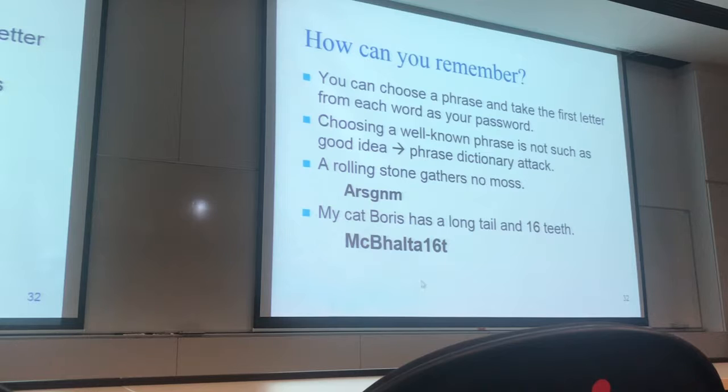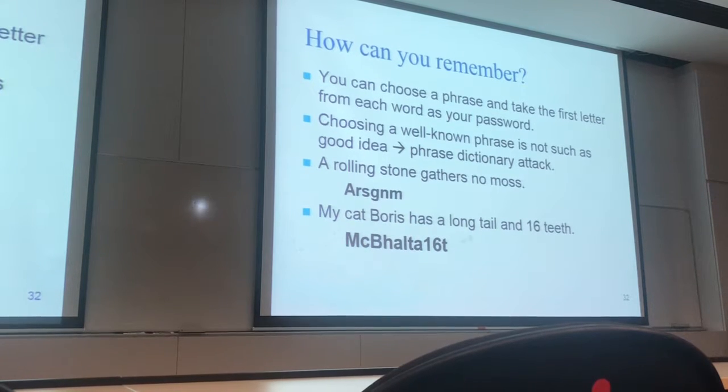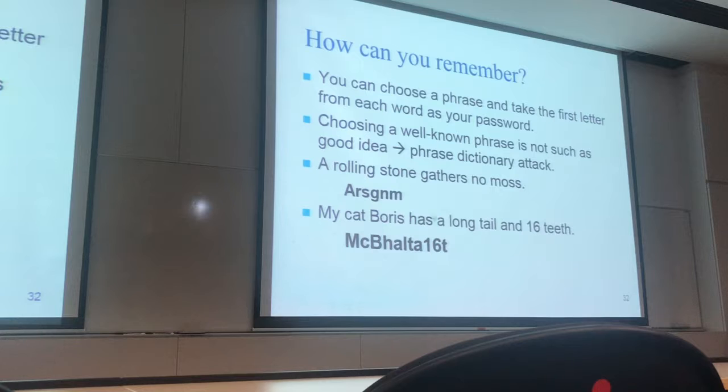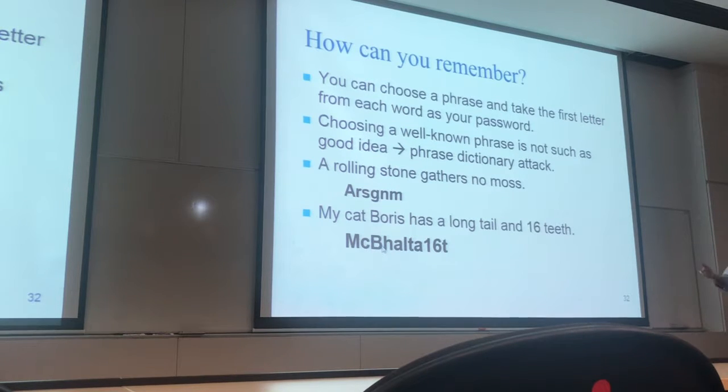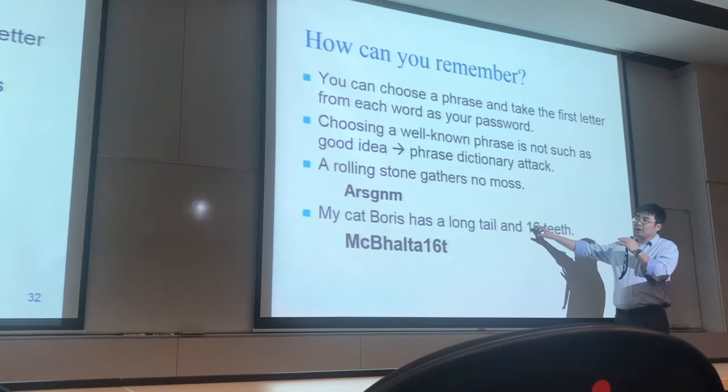So one example is you can choose a sentence. For example, this is a sentence chosen by you. If you use the whole thing, it may be too long, but you can choose, for example, the first character of each word, and then put them together, right? In addition, you can also make some changes. For example, you can replace this L by 1, you can replace this B by 8. So in this case, you can produce a password which is derived from a